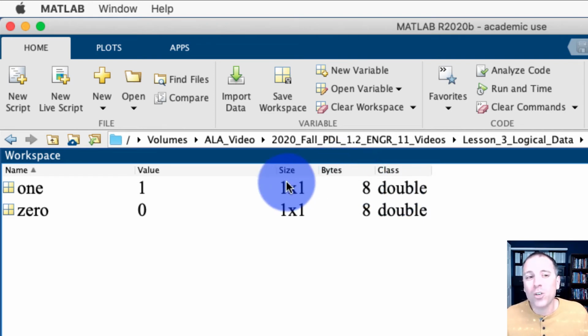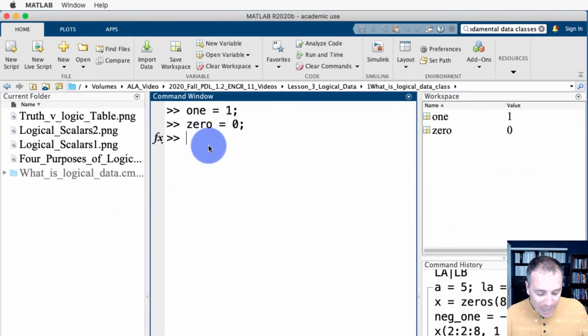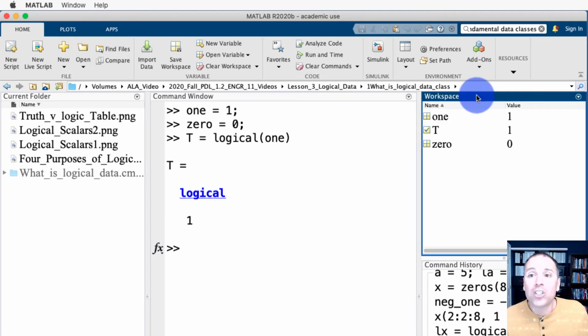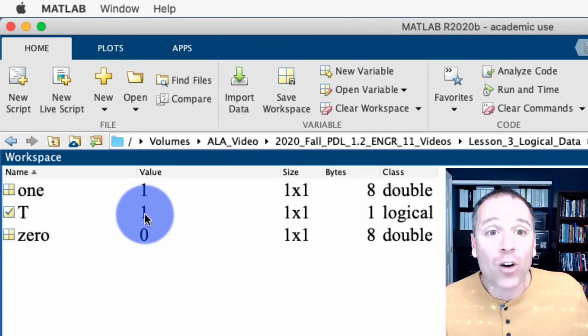Remember, in our documentation, we saw that logical data is its own class in MATLAB, and it only requires 1 byte per variable. Let's go ahead and test this. Let's go ahead and set capital T equal to logical of the number 1. Now, all of a sudden, MATLAB reports back that T is stored as a logical variable, and its value is logical 1. Let's go back to the workspace. Notice T has value 1.